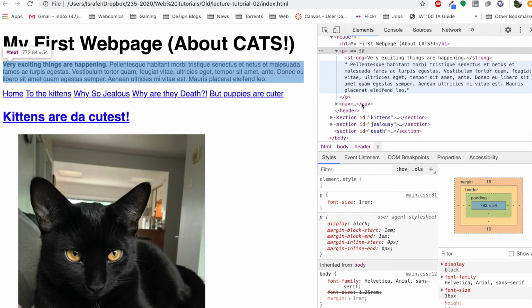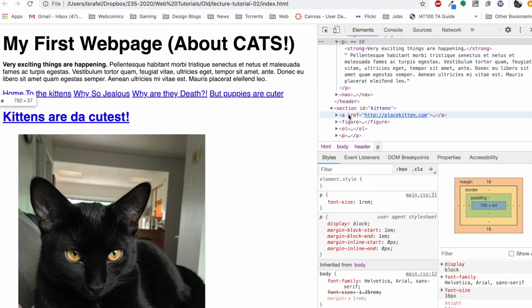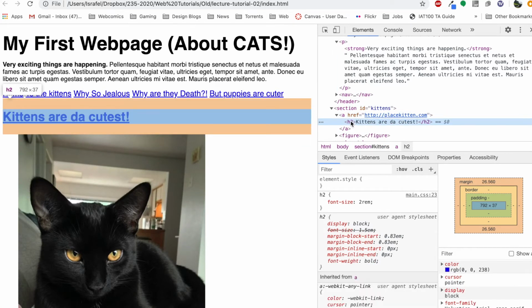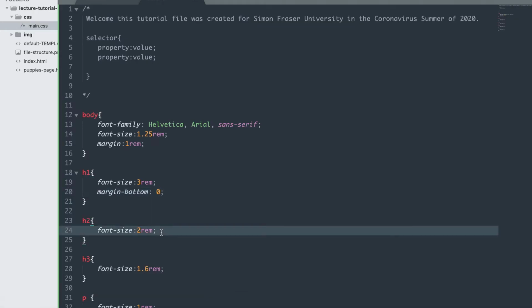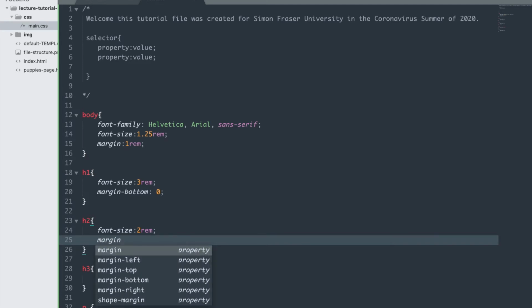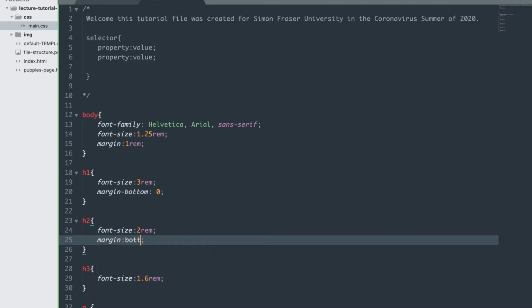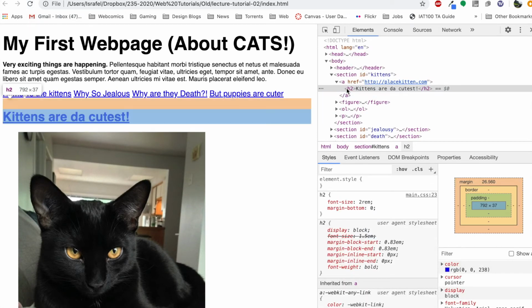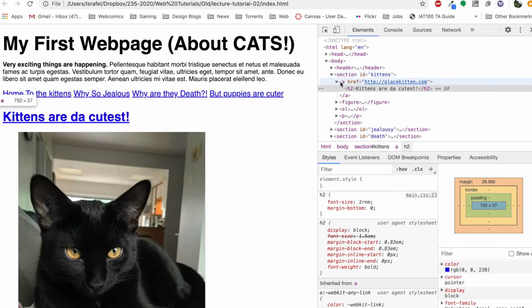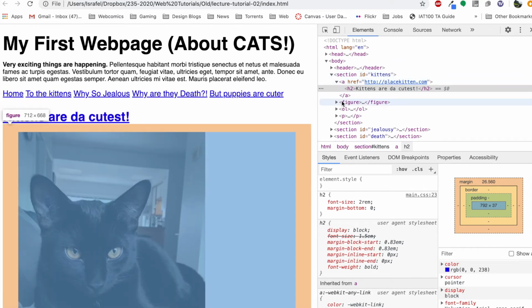And we can do this in a variety of other settings too. Like if we go down to our kitten section and there's an H2 in the kittens right there. And that's something that potentially we could deal with as well. So if we were to go in here and we were to say H2, and again we say margin bottom, whoops, that's not how you write that, bottom 0. And that gets a little closer. Just a little though, because one of the things you'll notice is, oh no, it's good. It's the figure that's causing it. There's space on the figure, and as a result, that's what's pushing it still. So they're not collapsing into each other anymore now either,